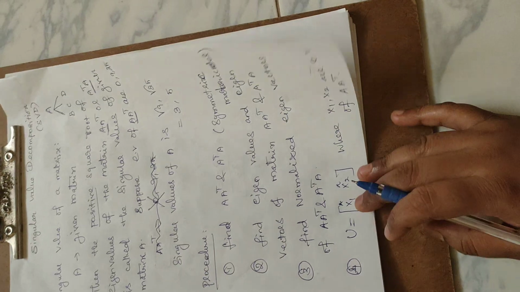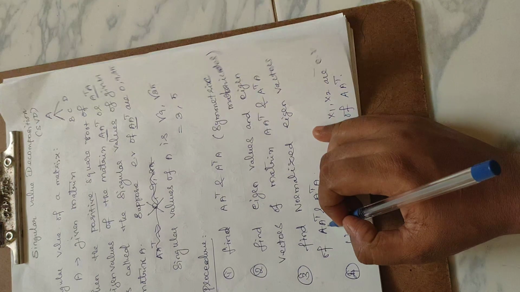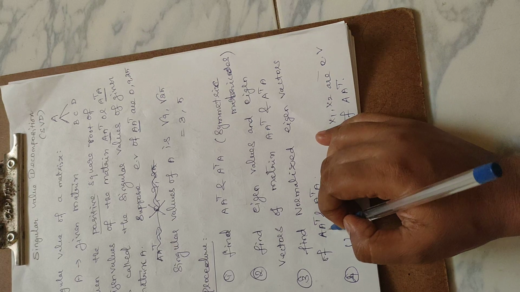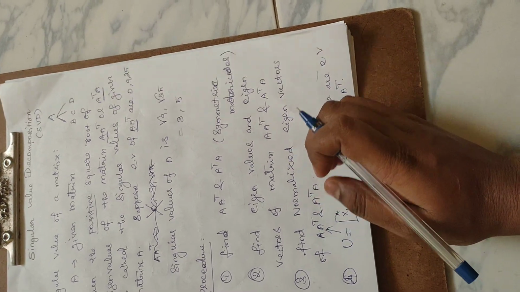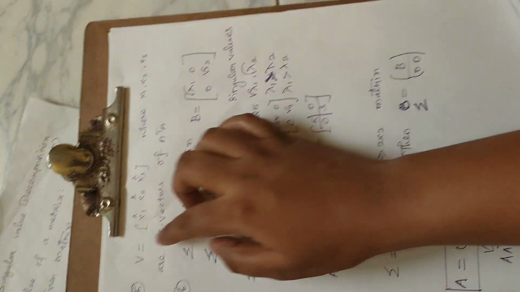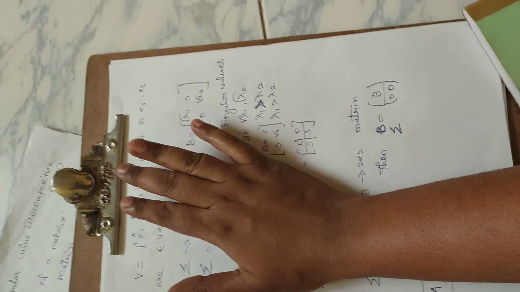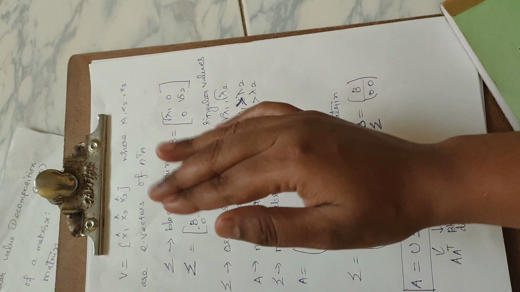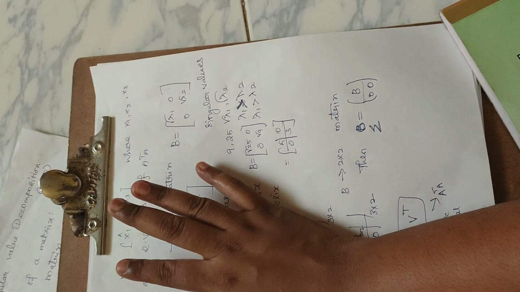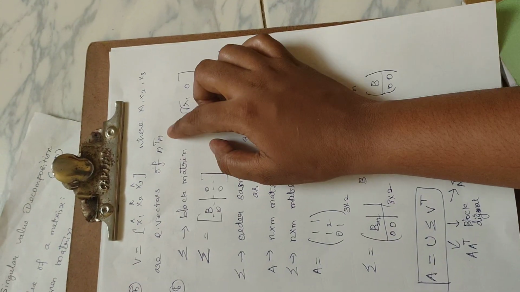Third step. Then next, use equal to x1 x2. So you have the eigenvalues and eigenvectors for A transpose and A transpose A. U is the matrix corresponding to A transpose, and V is the matrix corresponding to A transpose A. So you have to find normalized eigenvectors of A transpose A as well as A transpose. So U and V are the normalized eigenvector matrices corresponding to A transpose and A transpose A respectively.